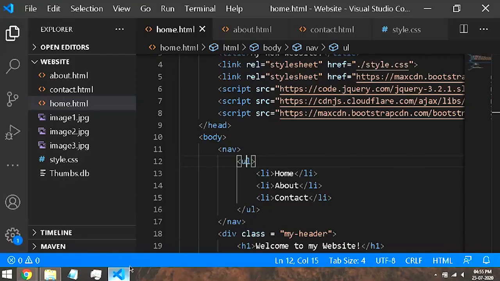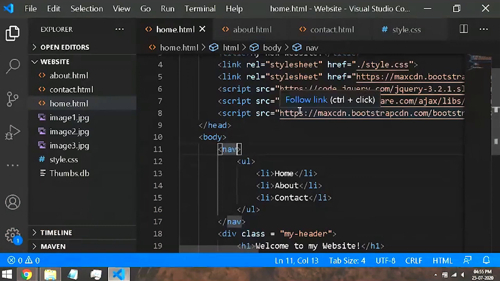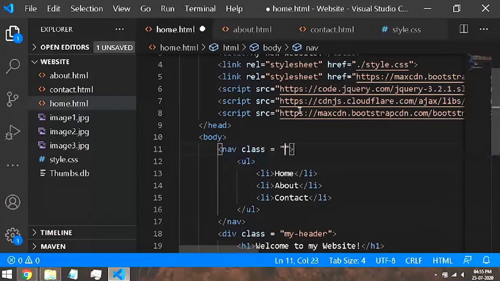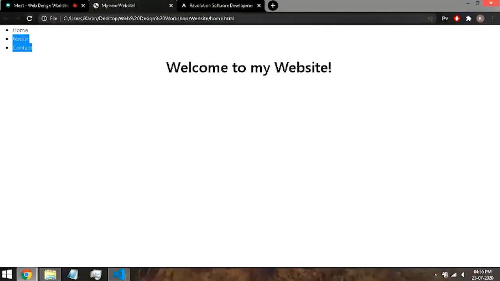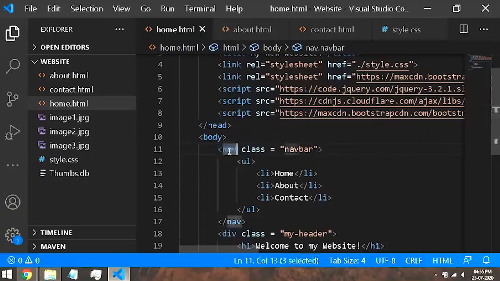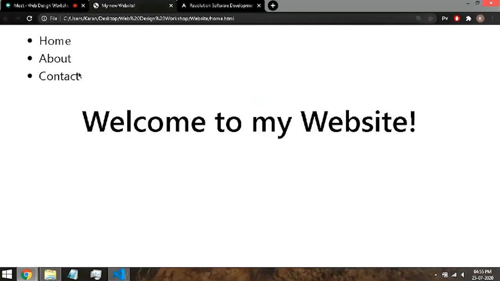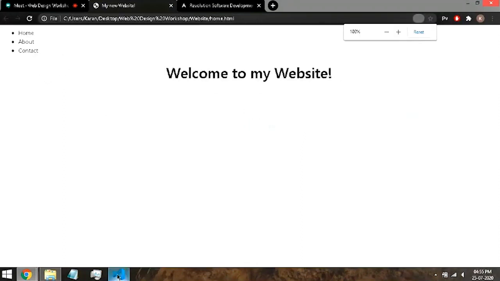And now we can start adding Bootstrap into our web page. Now the magic happens. If I add a class of navbar, navbar is a class of Bootstrap, and this is just a simple class which declares this nav tag as a navbar. So not much has changed. Two things changed here. I will just zoom in. One, the font changed, as Bootstrap has its own fonts, and the second thing that changed was some amount of margin was added. So I'll just show you what exactly margin is.